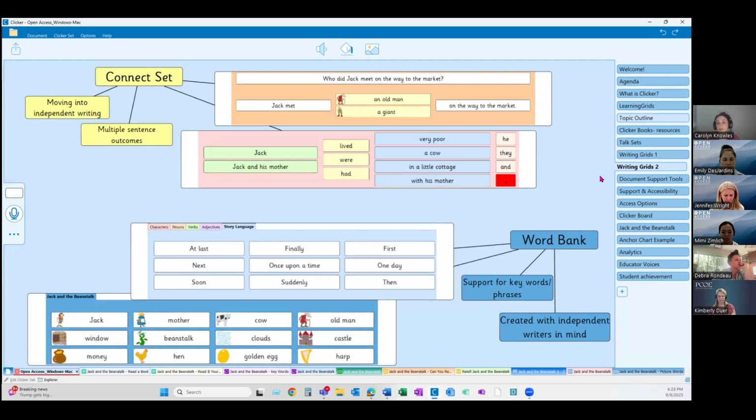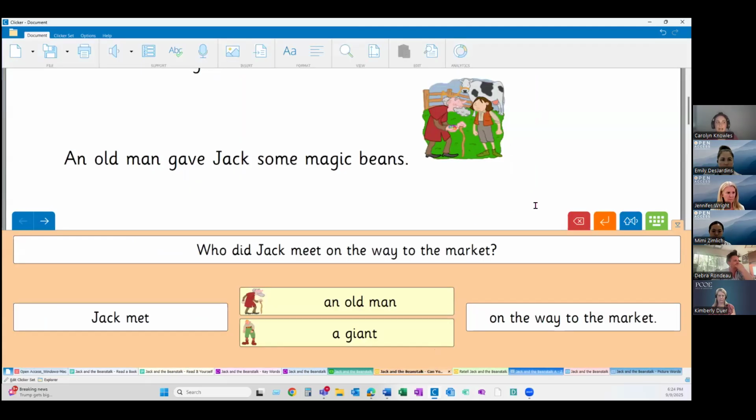And the biggest difference with the sentence set we just saw and connect sets are that you have multiple sentence outcomes with connect sets. So we're trying to provide more choice, more ownership, and we also have words clustered together or into kind of phrases. So we're connecting different pieces of sentences to build a sentence rather than step by step like we were with the sentence sets before. And as you can see here from these, I will say the layout with connect sets can vary quite a lot. Your sentences are always going to look basically the same, but the layouts with connect sets vary wildly.